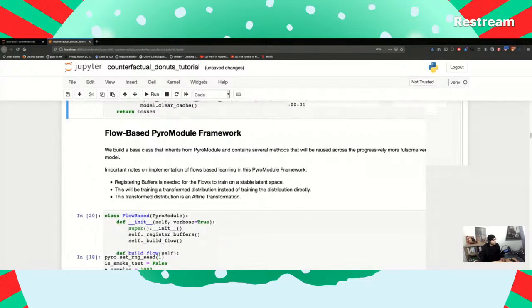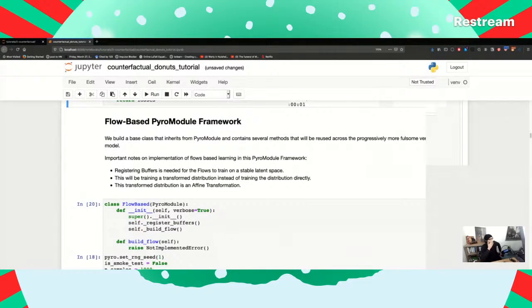All right, we build a base class that inherits from Pyro module and contains several methods that will be reused across the progressively more fulsome versions of the model. Important notes on implementing of flows based on this Pyro module framework. Registering buffers is needed for the flows to train on a stable latent space. This will be training a transform distribution instead of training the distribution directly.